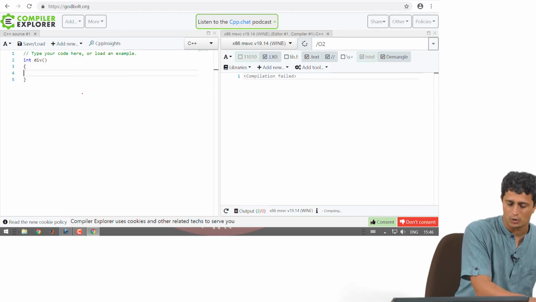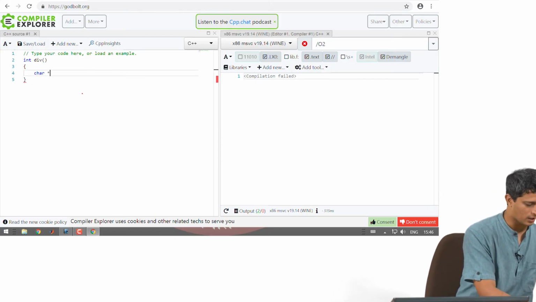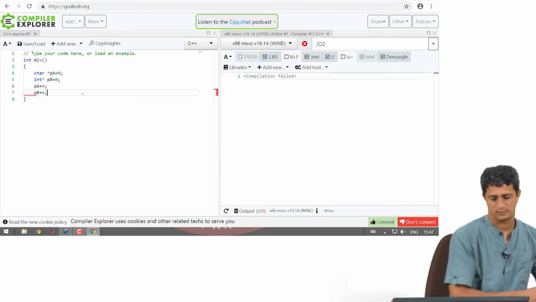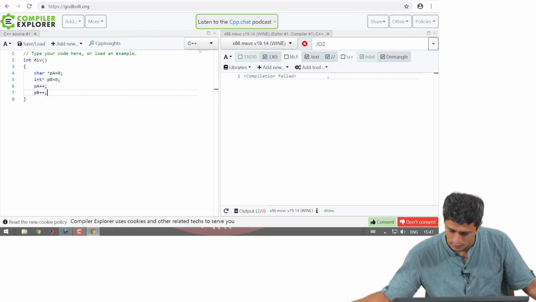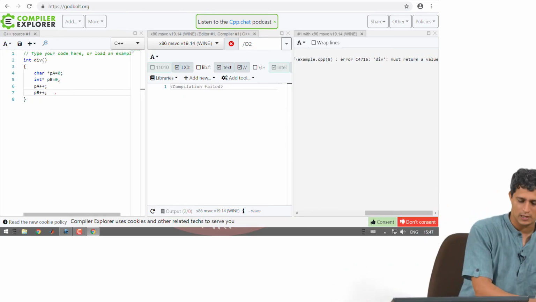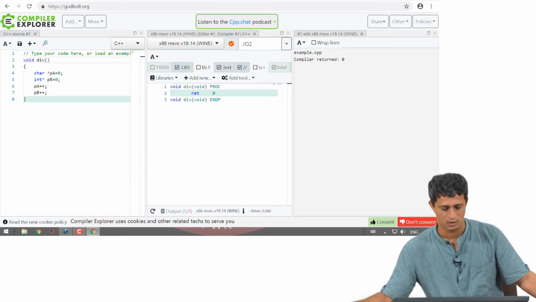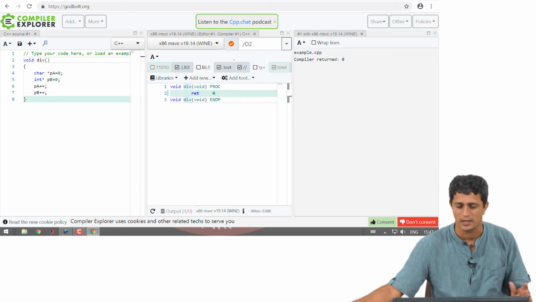So let us look at the pointer arithmetic: char *PA = 0, int *PB = 0, PA++, PB++. So there is a failure because of a compilation problem. Div again must return a value, so I will just make this function void for now, right. Yeah, and of course the optimized output is nothing, because there is nothing to be done